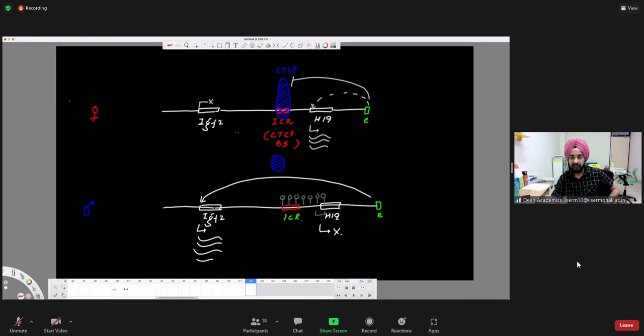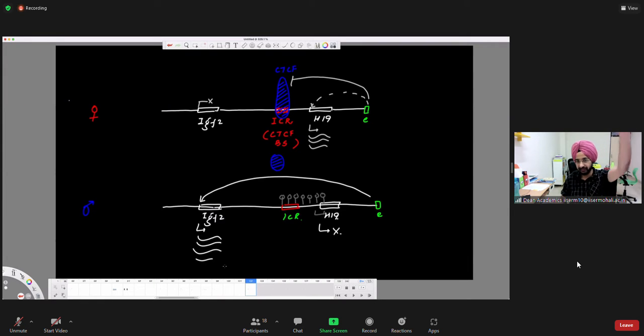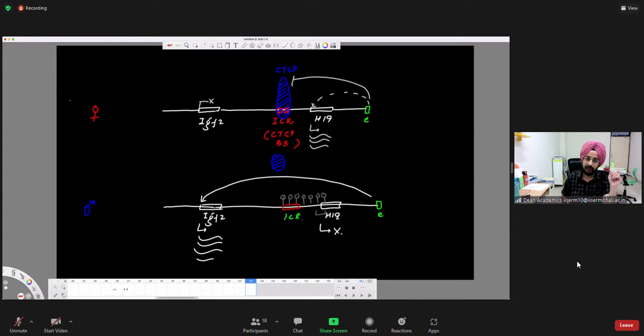Which means that the factors which are regulating imprinting recognize replication timing as a hallmark for recognition. Again, all this is at a hypothetical level, but there is evidence that they replicate asynchronously, and this is fixed. Now you might wonder how this happens. The genome is not linear like this. It happens in a three-dimensional way.